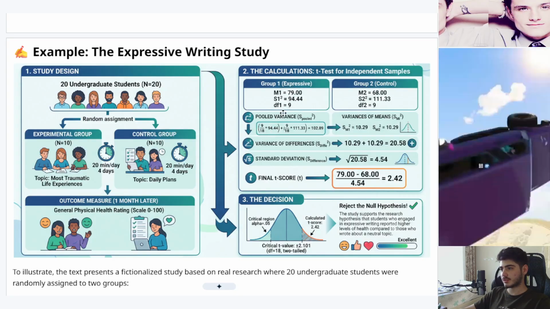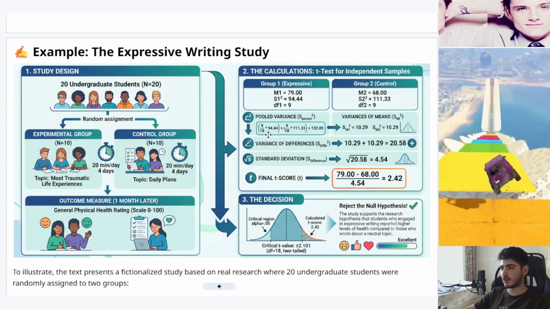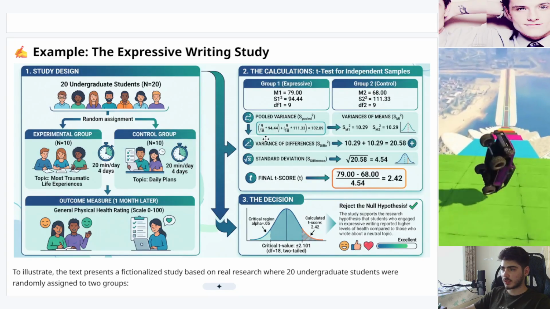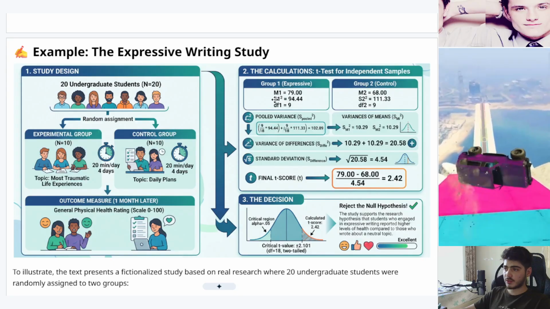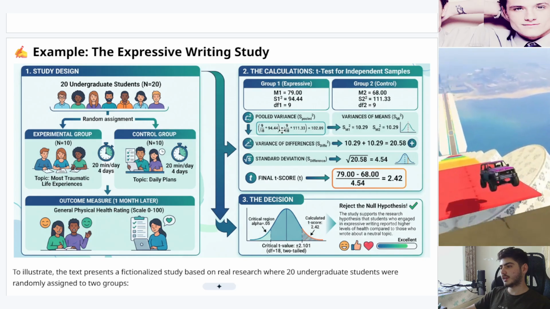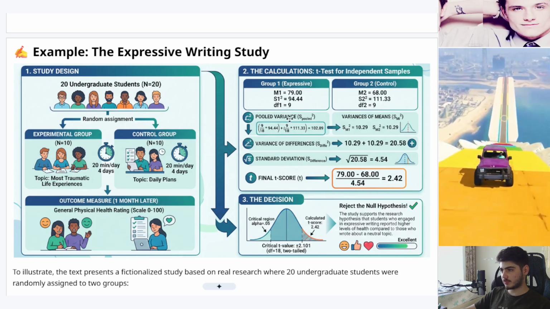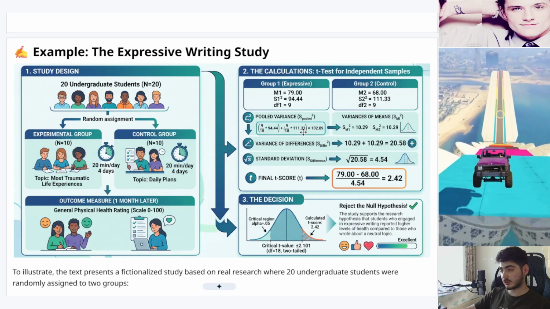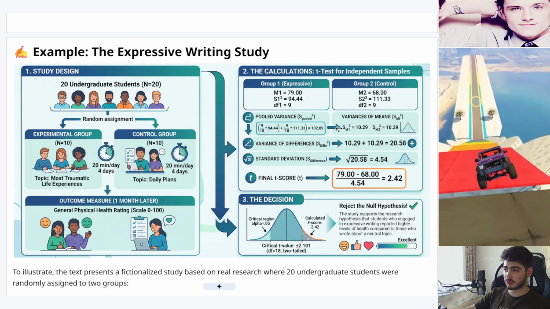That gives 18, and since this is 9, we put 9 here, and then we multiply it by the deviation inside the group. And then, of course, we repeat the same thing for the other group,